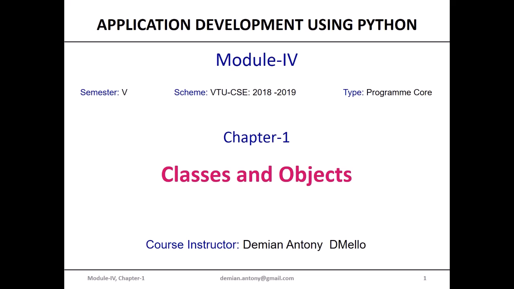Object-oriented programming relies on three pillars, namely encapsulation and abstraction, inheritance, and polymorphism. Python, being an object-oriented programming language, supports these three pillars. In this chapter, we will